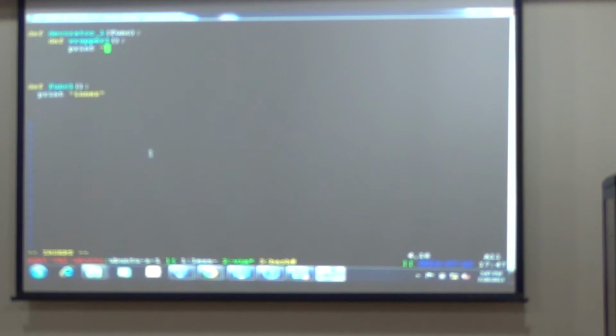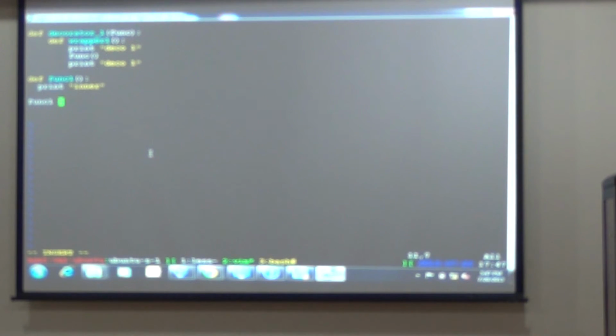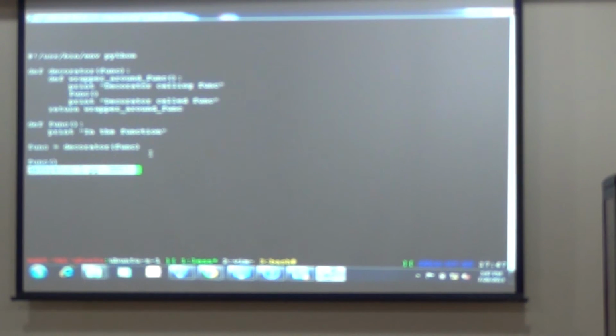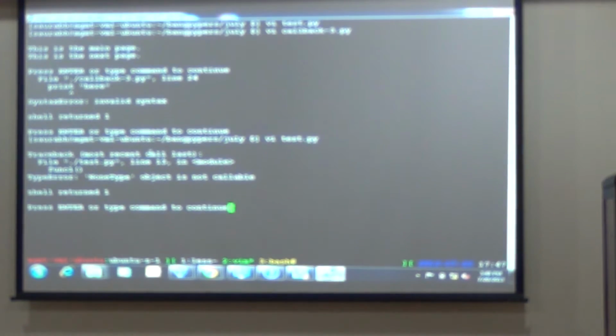Then we have deco one. Now if you do a count one equals to decorator, you have to return the wrapper function.